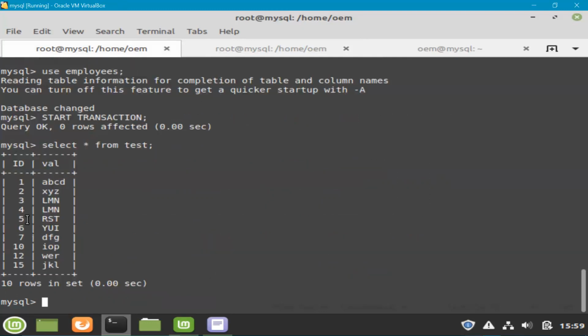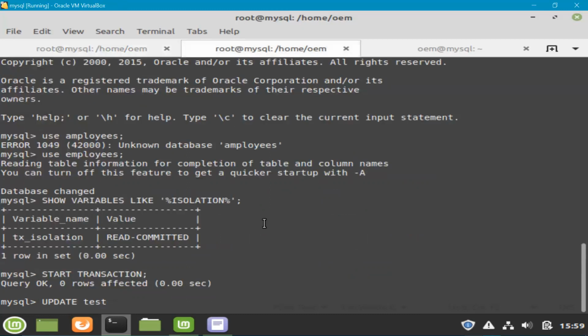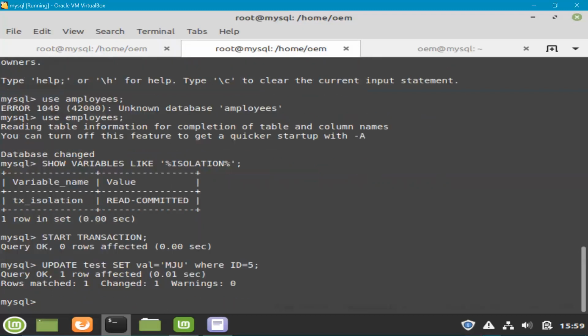For ID 5, you can see there is a value RST. I'm going to update this value to MJU, some random value. Now it is updated, but not yet committed.